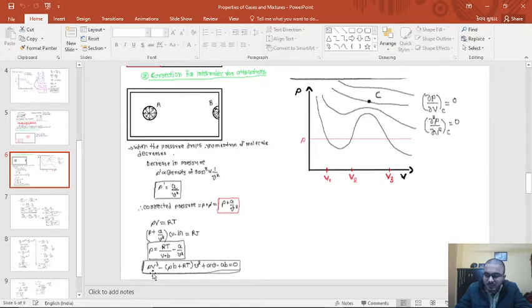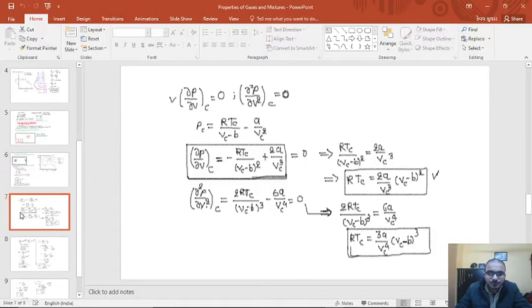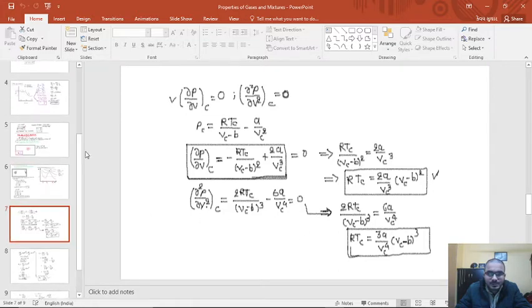And here, once we solve this equation we obtain this curve with three solutions of volume for a given pressure, and once the pressure increases we reach a point where there is a single value of volume. This is known as the critical point, where del P upon del V is equal to 0 and del 2P upon del V square is also 0. And this is the next part for today that we are going to discuss now.